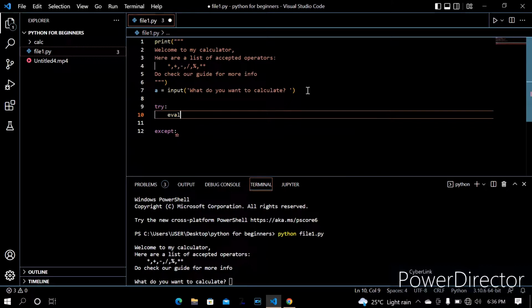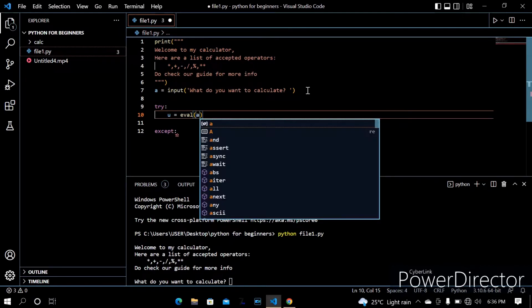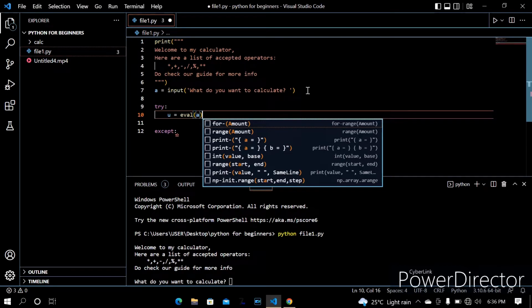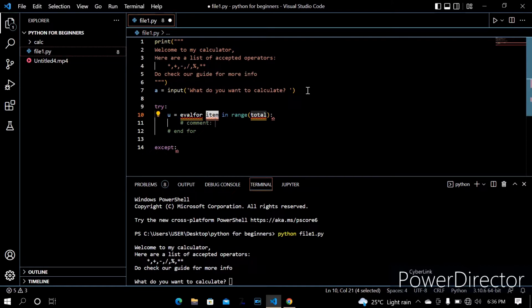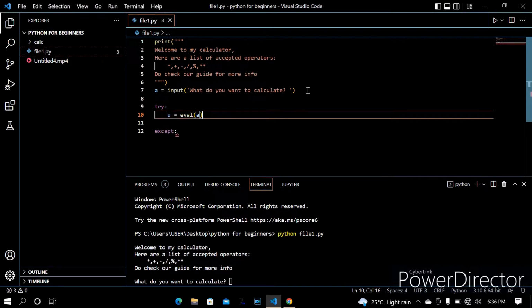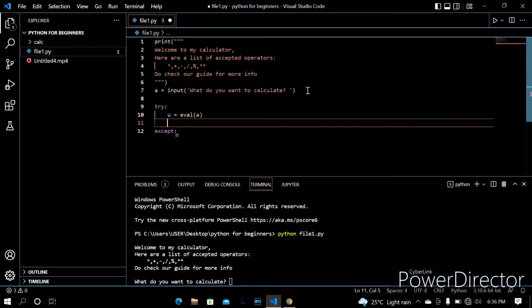Eval is a function in Python which goes through the user's string input and evaluates it, taking note of all provided operators and generating an output. So we want to evaluate it basically, and we want to print